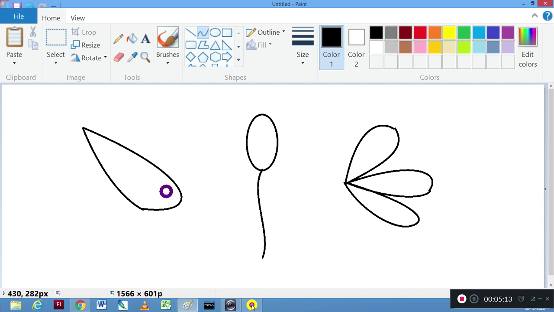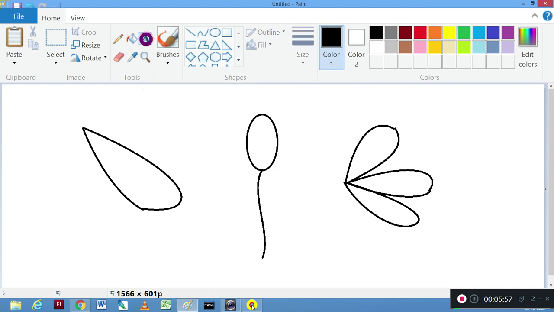Now children, we will see how we can use the text tool. This A on this ribbon in the Home tab, this A in the Tools section, is the text tool. When you bring the mouse over it, it will show you the name of the tool, that is Text, and a small description, which is insert text into the picture. Using this text tool we can write inside the shape or outside the shape, anywhere we want in the drawing area.